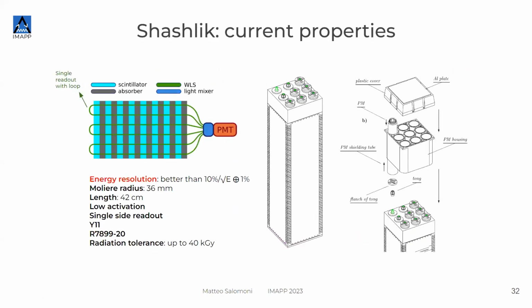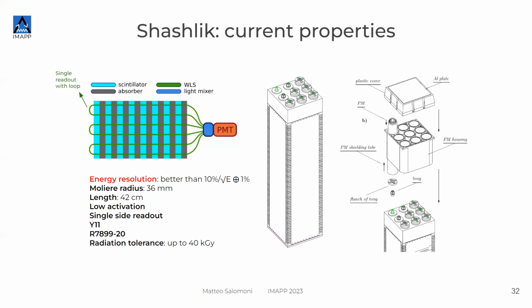Okay, and then this is an example of how specifically shashlik is made from the readout point of view, which is of some interest. There are some numbers as well of the kind of energy resolution that we can reach with these modules. You didn't have a calorimeter course, I guess, yet, or any kind of high energy physics course, but usually energy resolution for high energy physics is defined with several terms: there is noise, and then there is a sampling term and a constant term, and usually we use these numbers to quantify how good they are in saying what's the energy of the particle which they stop.